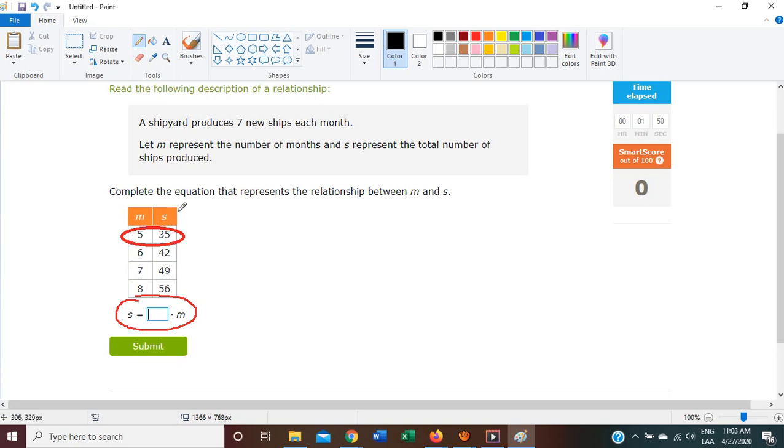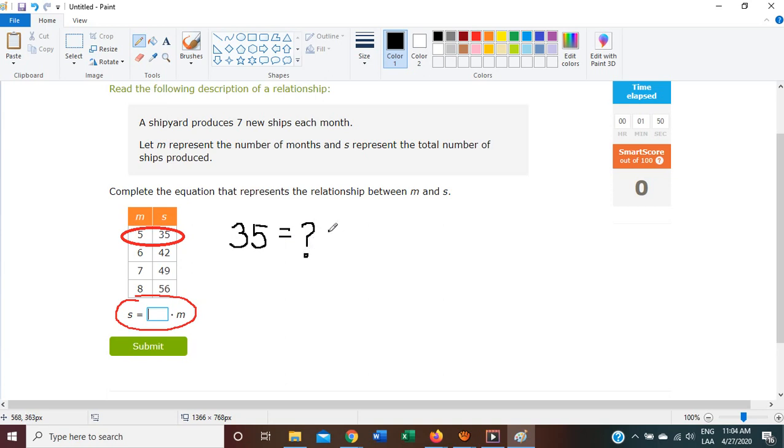So how much is S in this table? Remember that we're working with the first row. In this case, S equals 35, so instead of writing S, I am going to write 35. 35 equals something we don't know